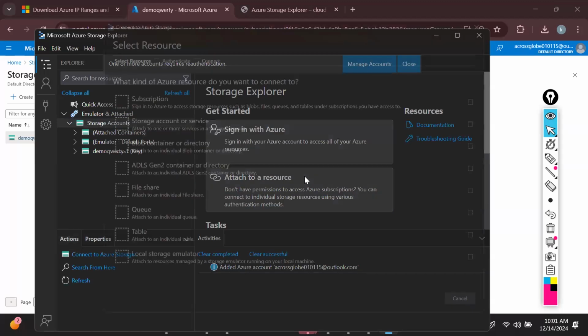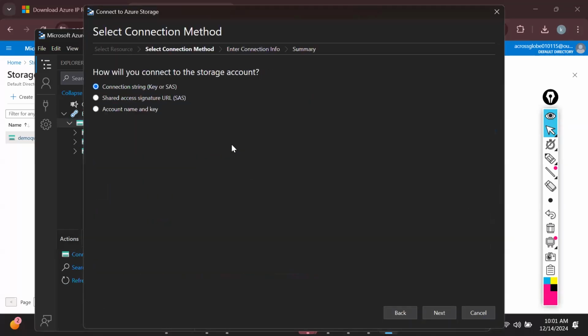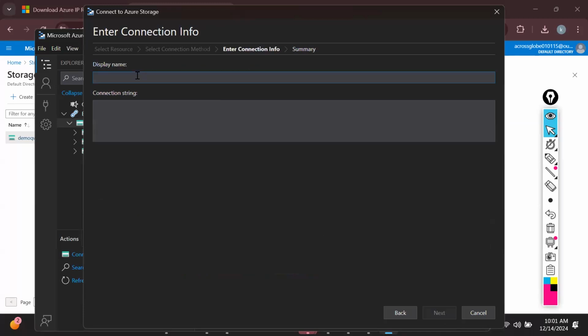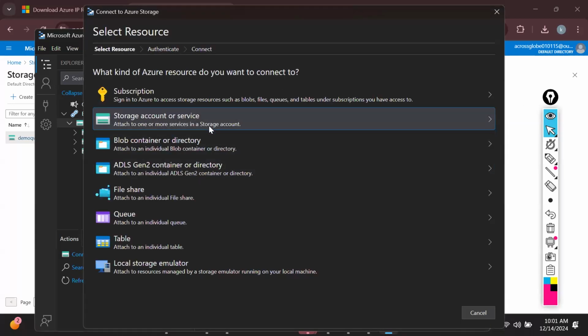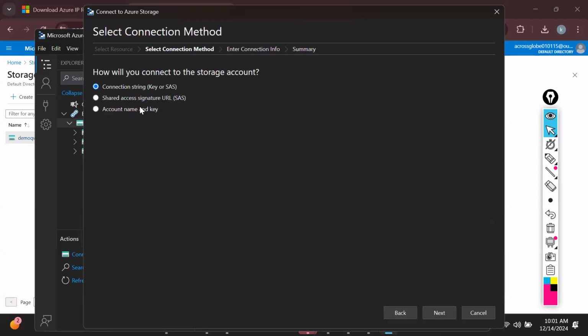Connect to storage account. There are multiple ways: SAS, which we discussed, key or SAS connection string, or you can provide the name and keys.